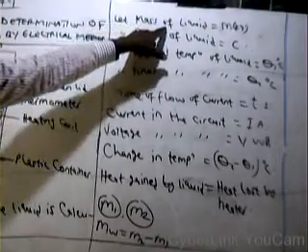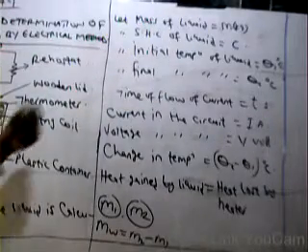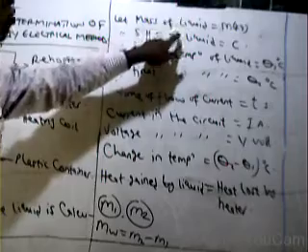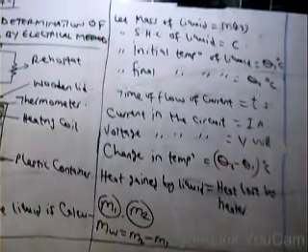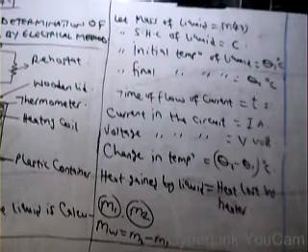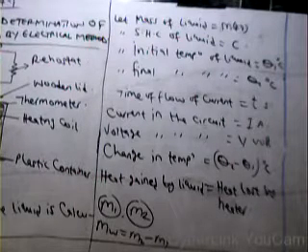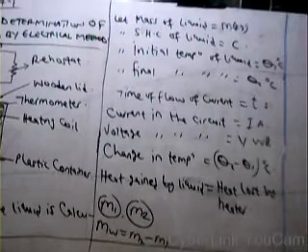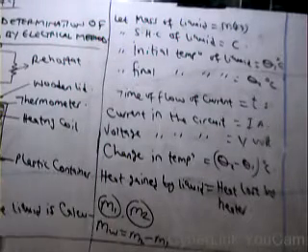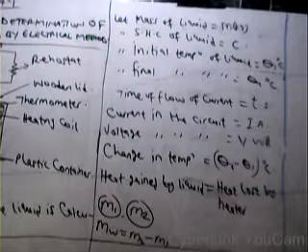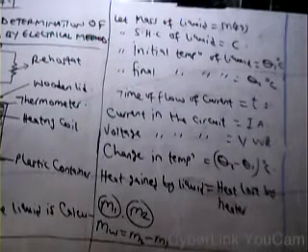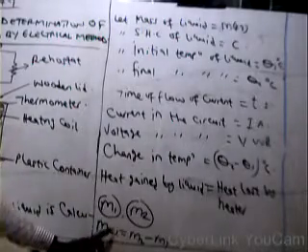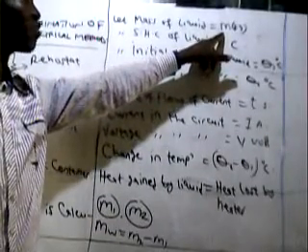Now, in this case, we first determine the mass of the liquid. If it is water whose specific heat capacity we want to determine, we say mass of water. How do we determine the mass of water? I've already explained. If the mass of water is not given, we weigh the container we want to use when it is empty, and record it as M1. Then we introduce the water into the container and weigh the container and the water, recording it as M2. So the mass of water is calculated as M2 minus M1, giving us the mass of the liquid, M.